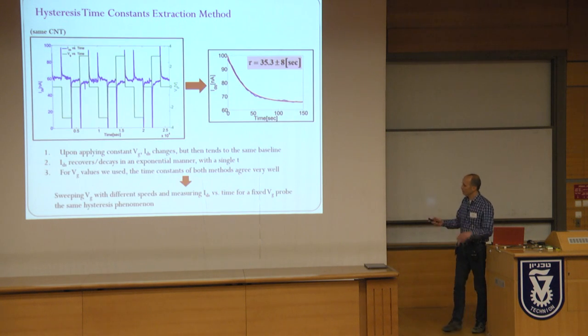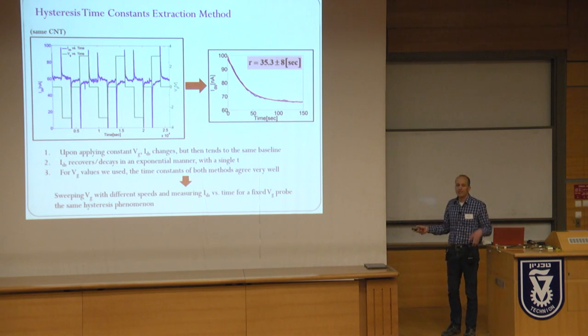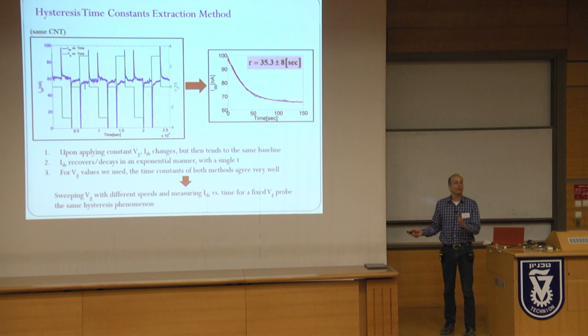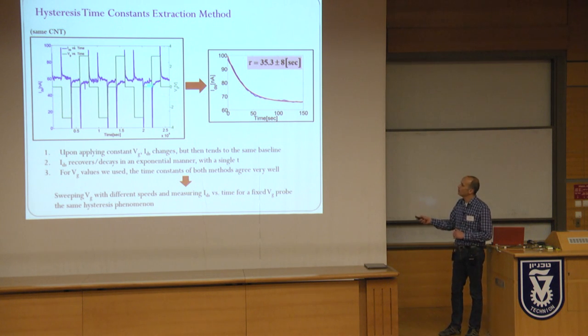But you can do other stuff. Instead of scanning, you can sit, and everything is data. Raw data, the same carbon nanotube, and you just give pulses. Like the green is pulses. You can see like -3 to 0 to 3 to 0, like the green, and you just follow what happened